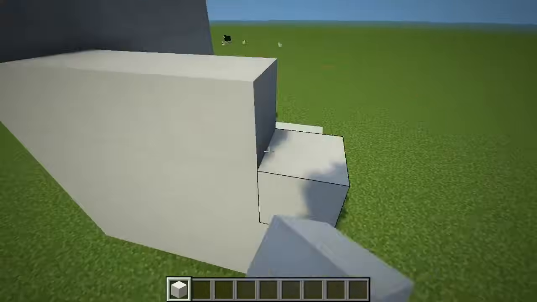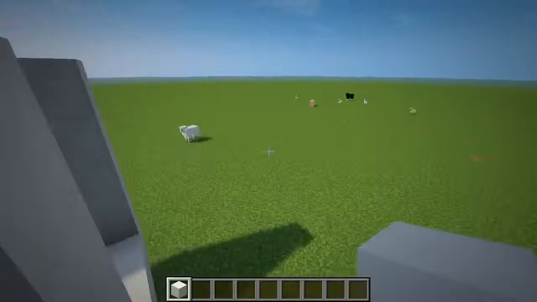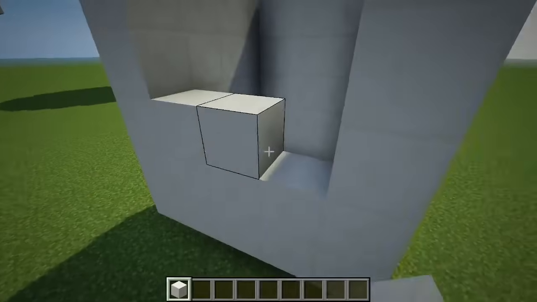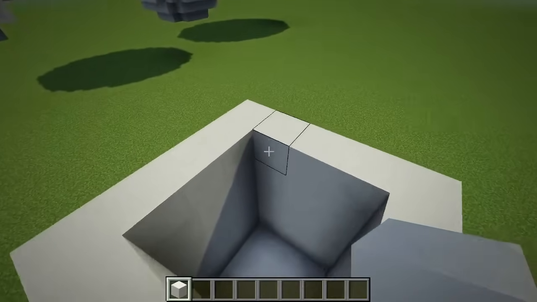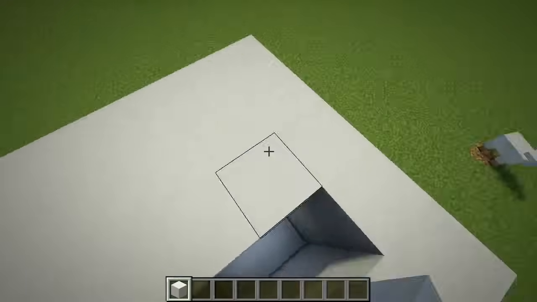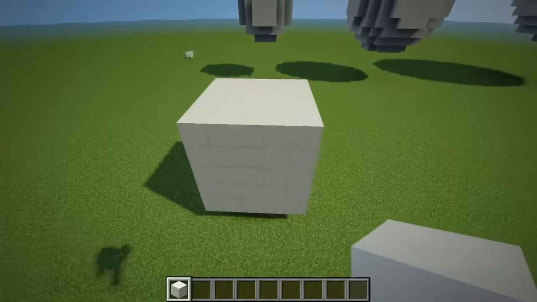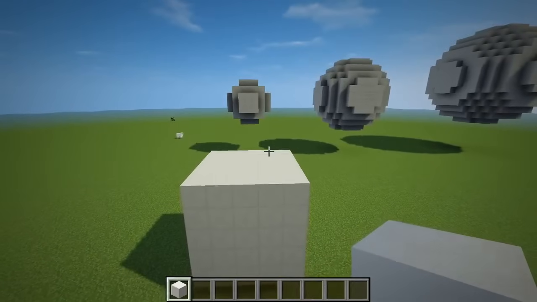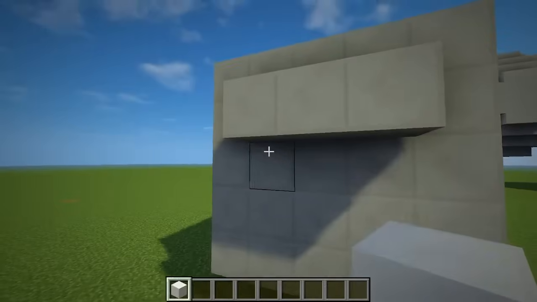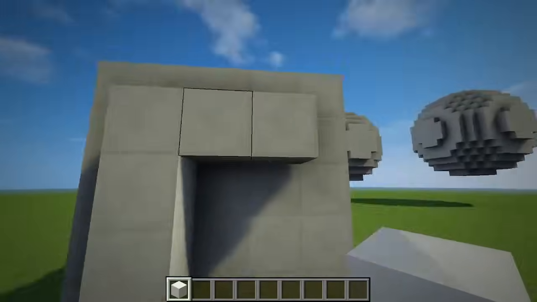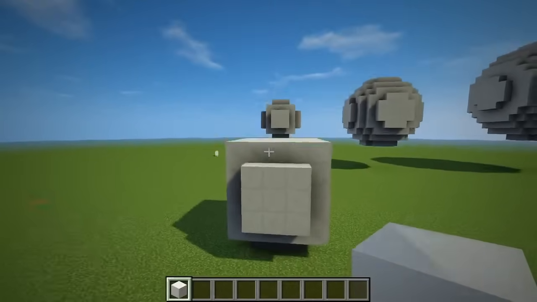They definitely get harder and harder as we go though, so I'm going to break them down to the best that I can for you guys, and I hope I make this tutorial pretty easy. So you just want to fill in each side, 5 by 5, and then don't forget to fill in the top here. Just like that. So you've got a big box on a little box, and then you want to take each side out by 1. So you're going to go 1, 2, 3, 1, 2, 3, 1, 2, 3, directly in the middle of that big square that you just created, and then fill that in,